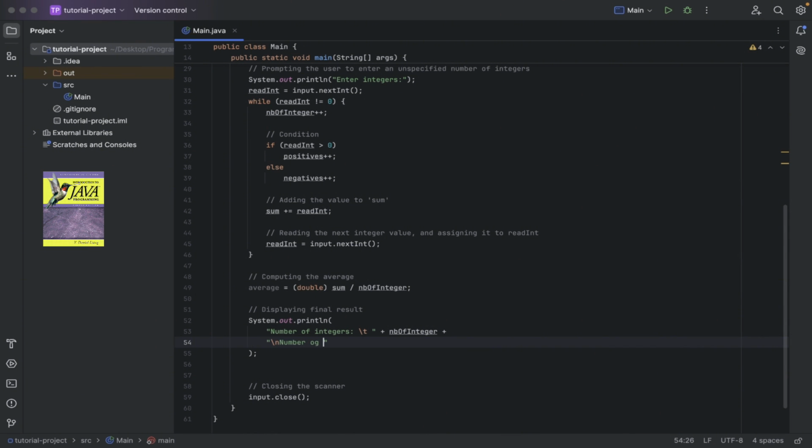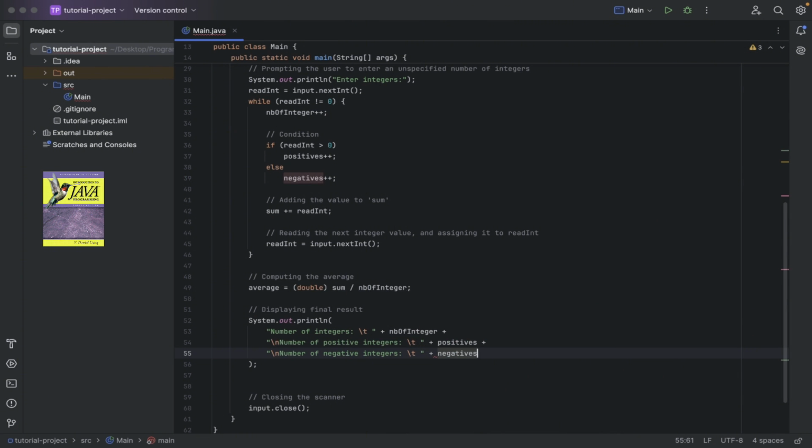So number of positive integers, we should add an escape \t, followed by positives plus escape \n, number of negative integers, escape \t, negatives, then escape \n,